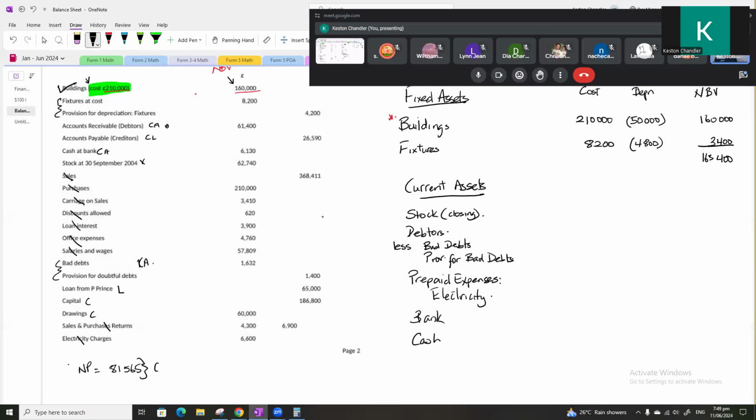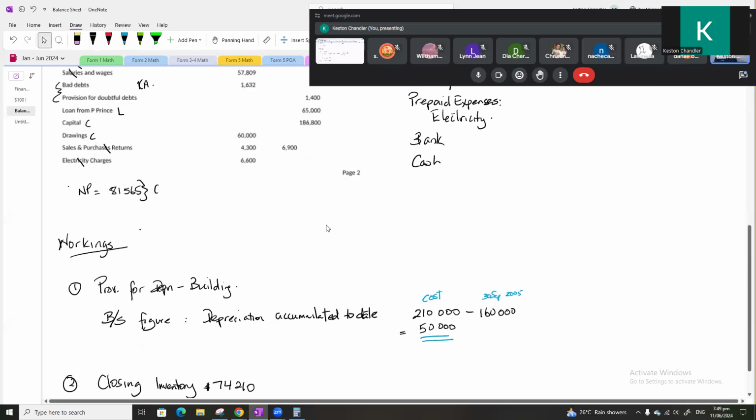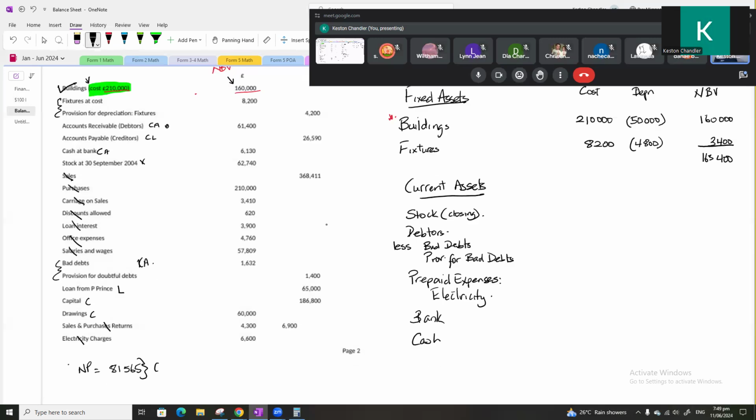So our closing stock figure, I'm going to put in these figures, would have been 74,210. So we have 74,210 for closing stock. And just like last week, I use these columns. Some of them are like tally columns. So for example, with the debtors, right? I could do my tallying in here first. 61,400 minus my bad debts,